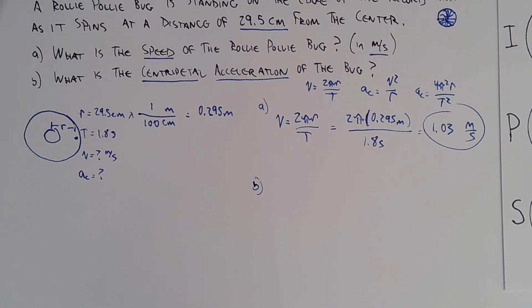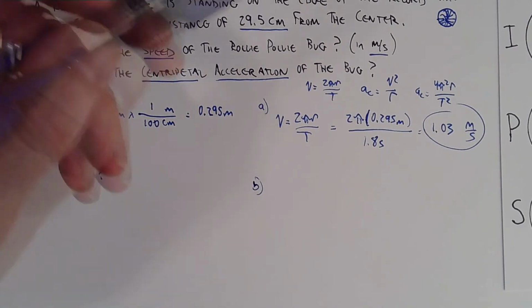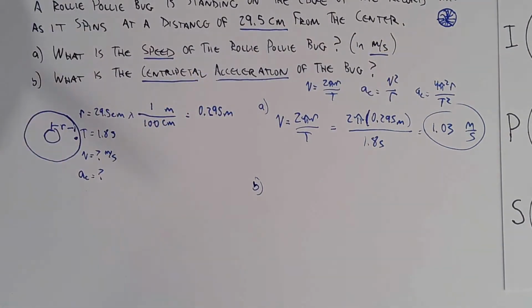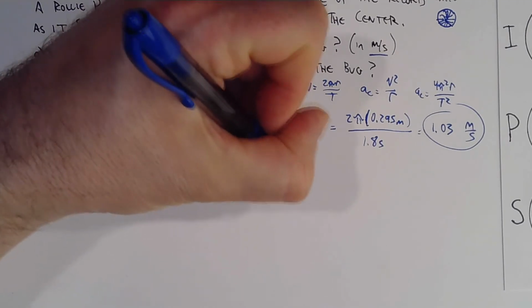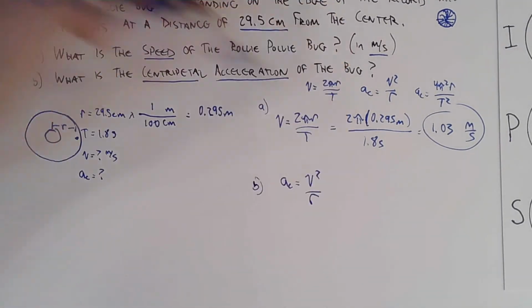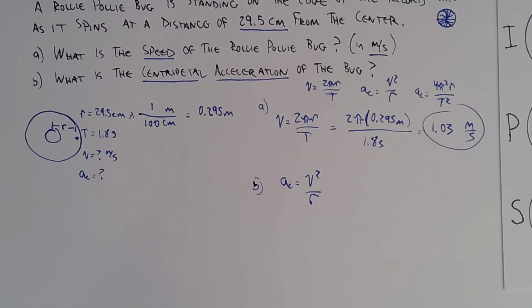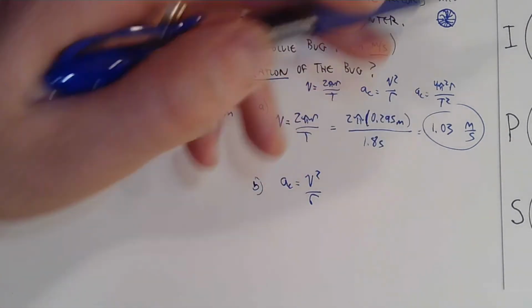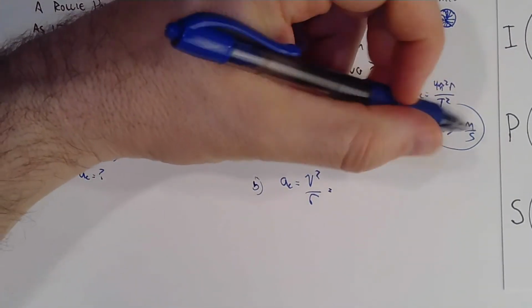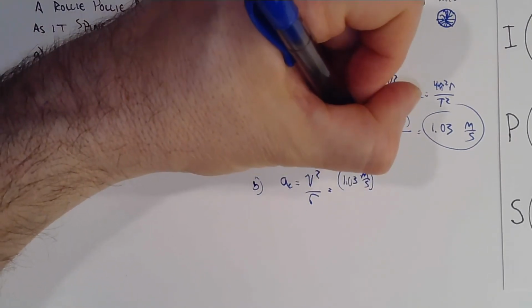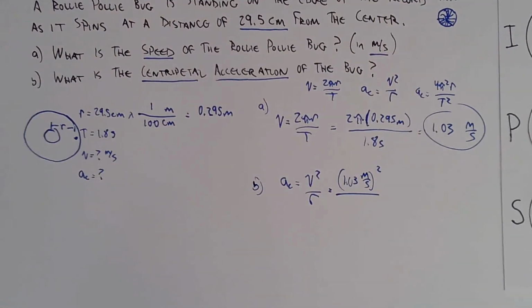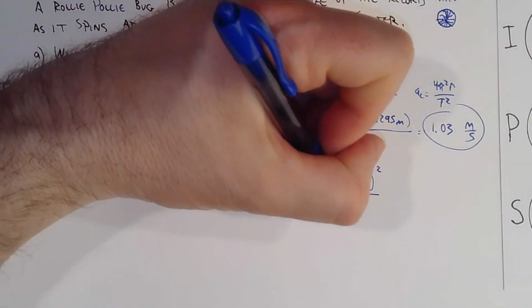I'm not sure there's really an advantage one way or the other, so we'll just stick with the shorter equation. We're just going to choose a_c is v squared over r. And we're going to take our speed that we solved for in part A, 1.03 meters per second. We're going to square that, and then we're going to divide that by